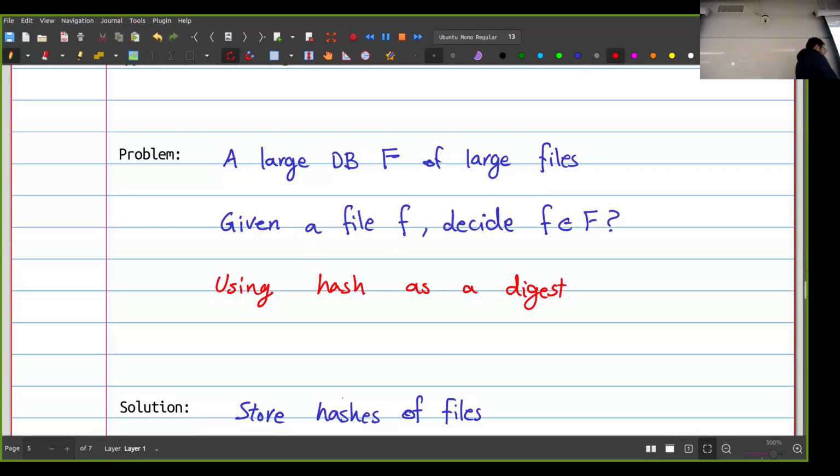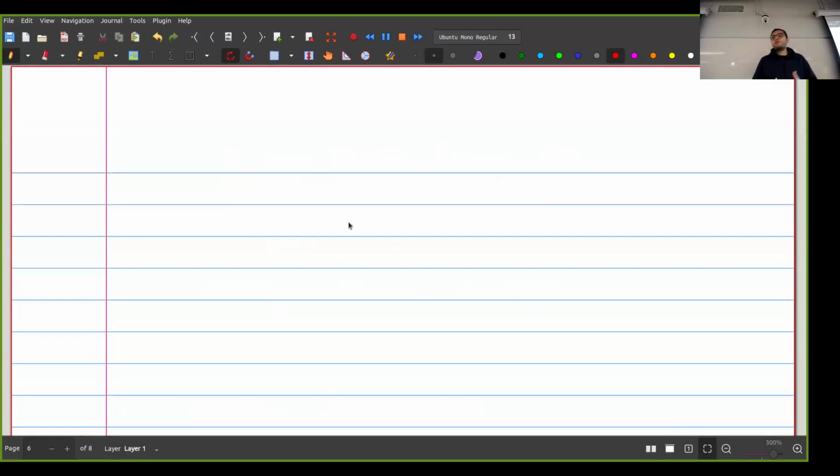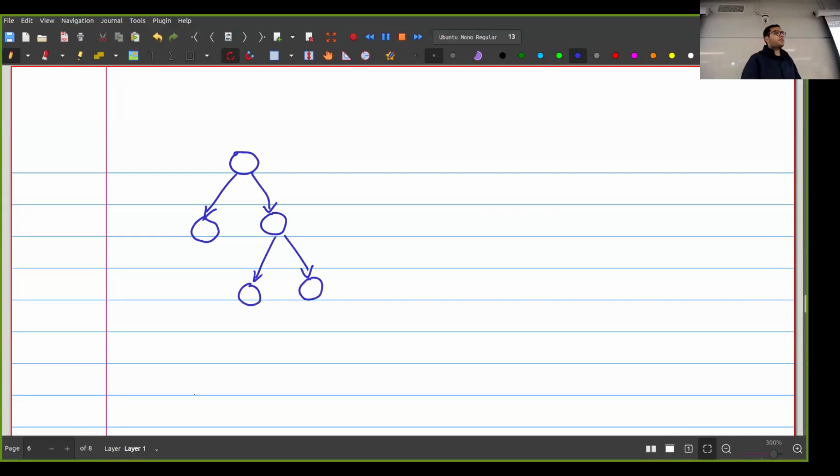But there is another way of looking at hashes, and the idea there is that I can see a hash as a pointer. So let's say I have a data structure. Let's say I have a linked list or a binary search tree or any other data structure that you've seen in your algorithms or data structures courses. Now you can have different objects, and you can have objects that point to other objects. Right? So for example, if I have a tree, I would say that every node in my tree points to its children. Right? This is a binary tree, let's say, and every node is pointing to its children.